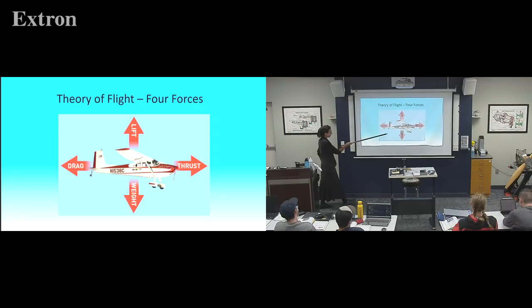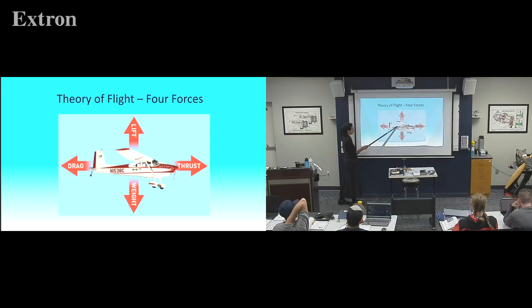Thrust is the force created by the propeller or the jet engine, pulling our aircraft forward through the air. And then we unfortunately have drag that's caused by friction and other things that's trying to hold our aircraft